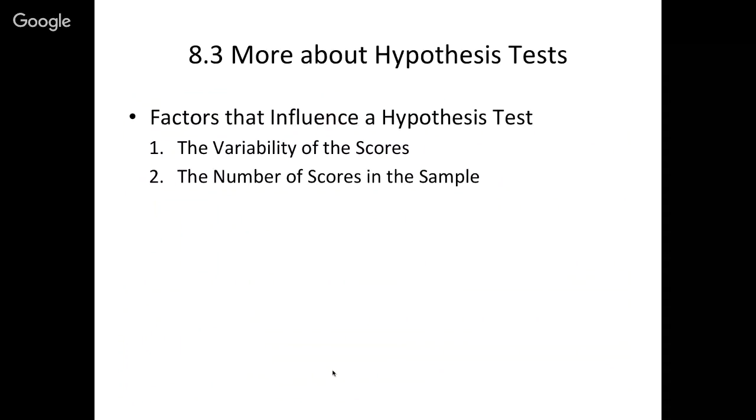If the variability of scores is very big, it will be hard to detect an effect, right? So the variability of the scores is not good for hypothesis testing. We may fail to reject the null hypothesis